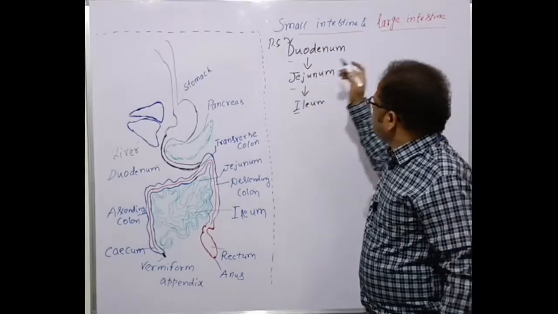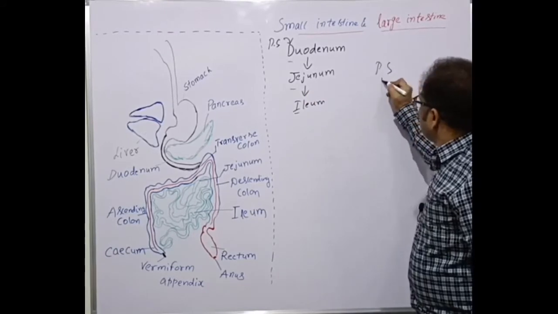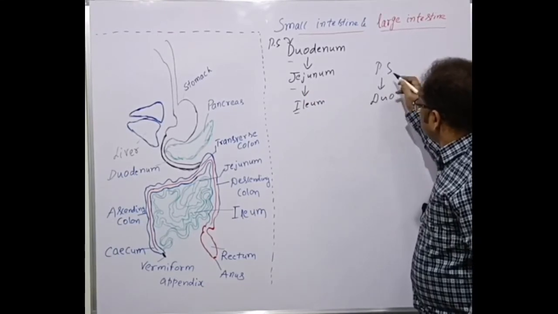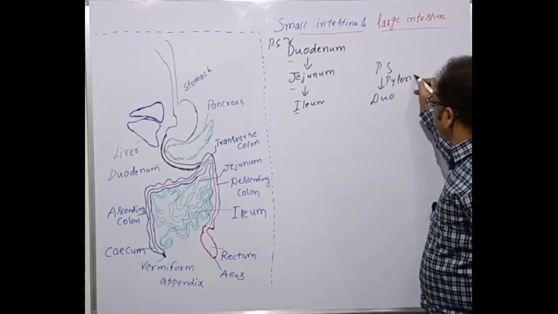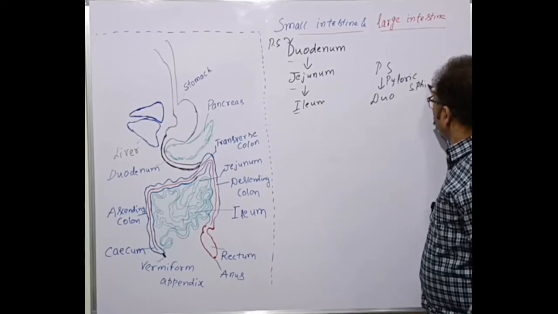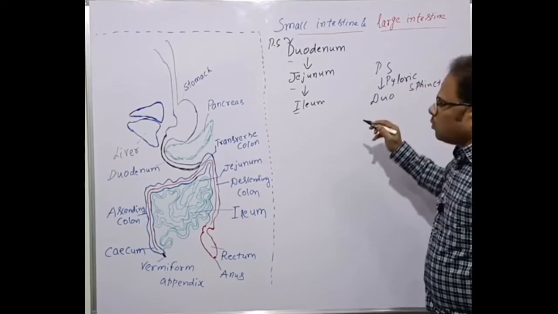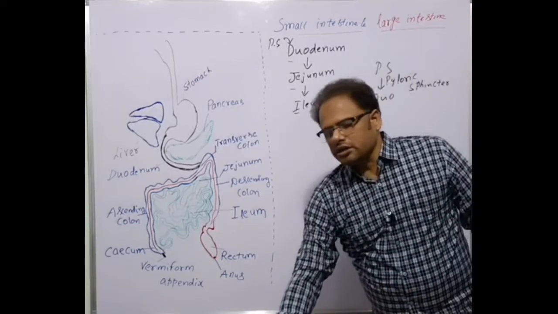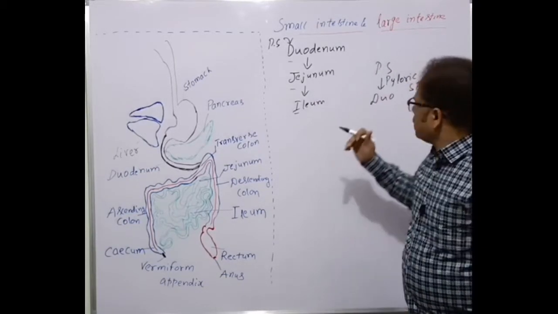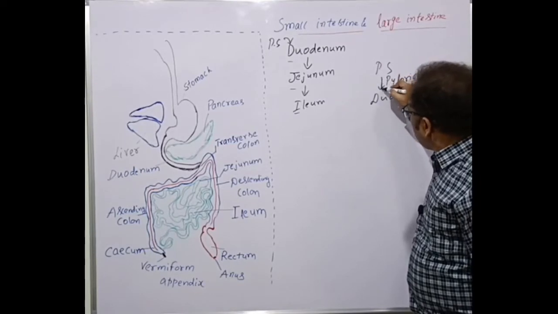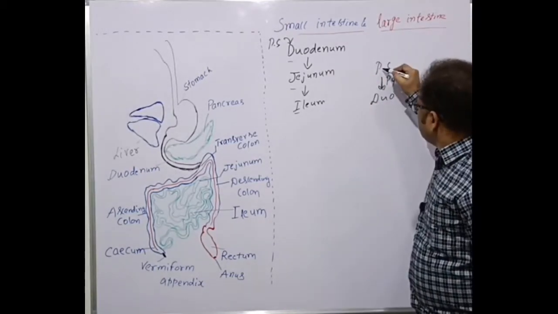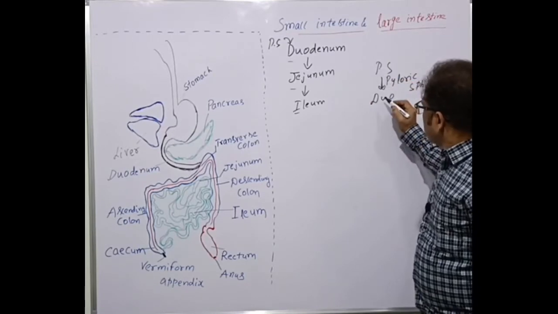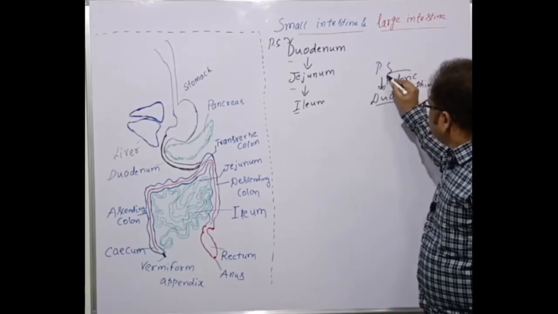Between the pyloric stomach and duodenum, there is a sphincter muscle called the pyloric sphincter. What's a sphincter? I told you the sphincter is nothing but a muscle which regulates the flow only in the forward direction but not in the backward direction. So the pyloric stomach extends back into the duodenum and is operated by the pyloric sphincter.